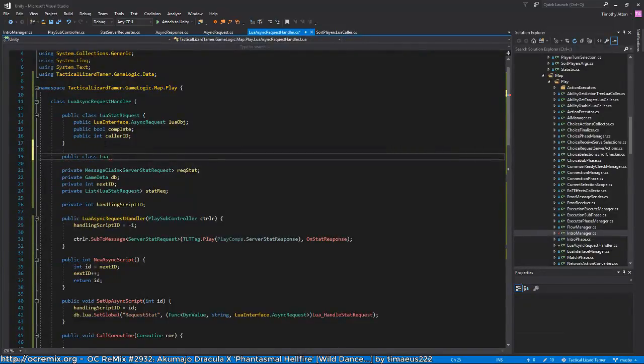Let's say async. I have such trouble typing that word for some reason. Okay, so async tracking,